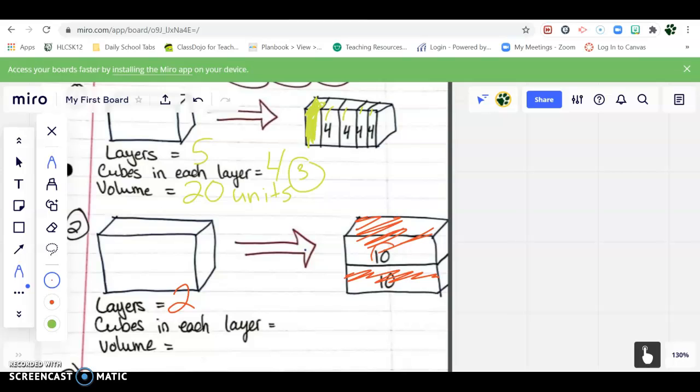And in each layer, it looks like I have 10 cubes. So if I want to find out the volume, I'm just going to multiply how many layers I have by how many cubes are in each layer. And that's going to get me a volume of 20 units